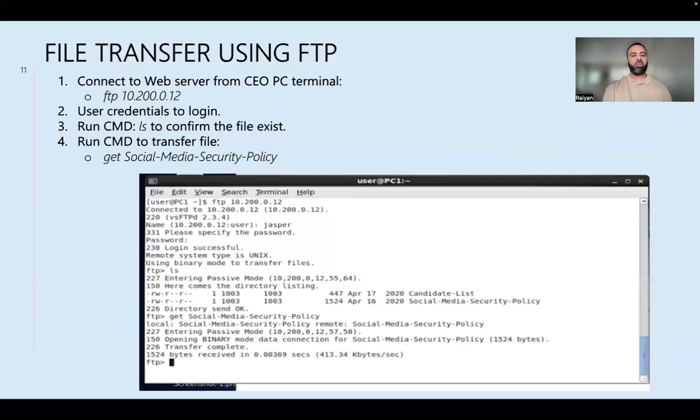Our next step is going to be file transfer using FTP. We're going to transfer the file using the FTP. So what do you want to do? You want to go to the CEO PC terminal, and you want to connect to the web server from the CEO PC terminal. To do that, you want to run the command